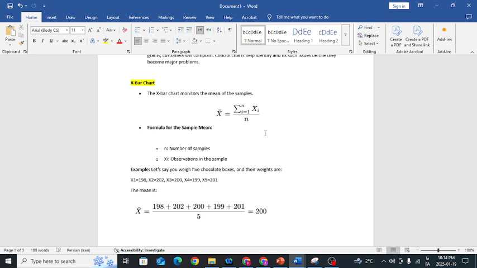So for example, let's say you weighed 5 chocolate boxes, I mean n equals 5,